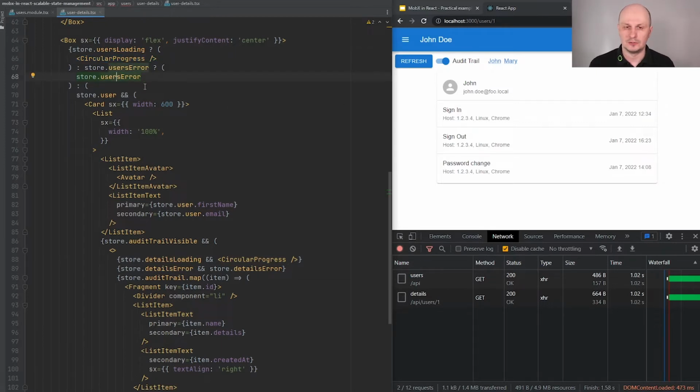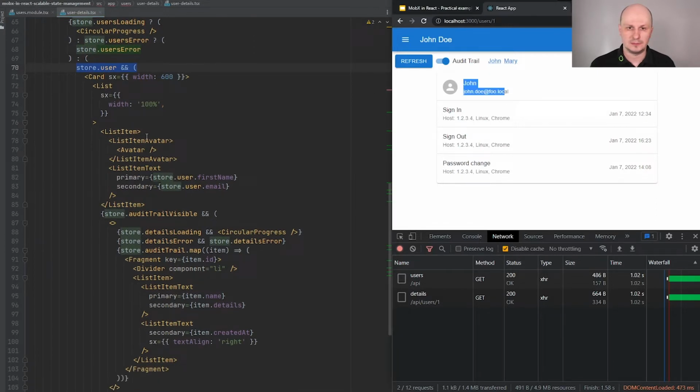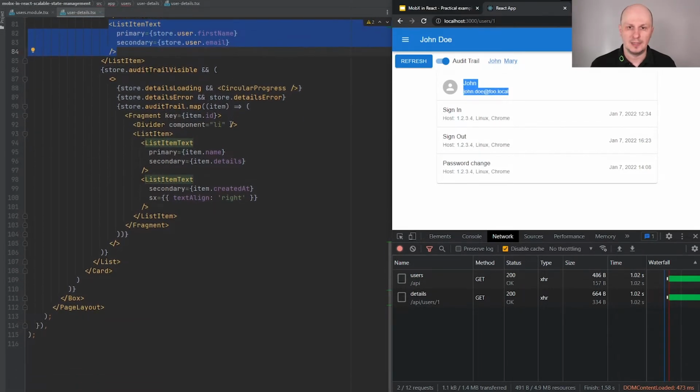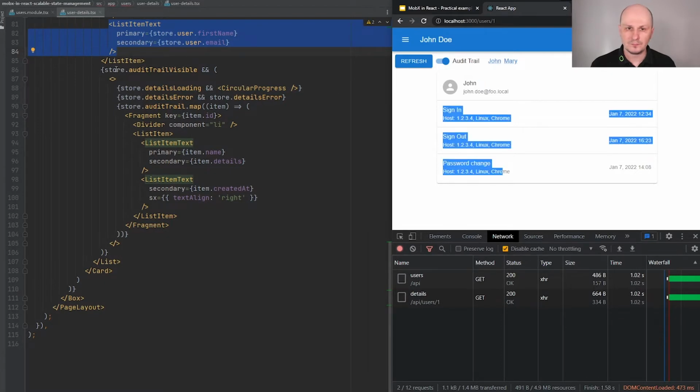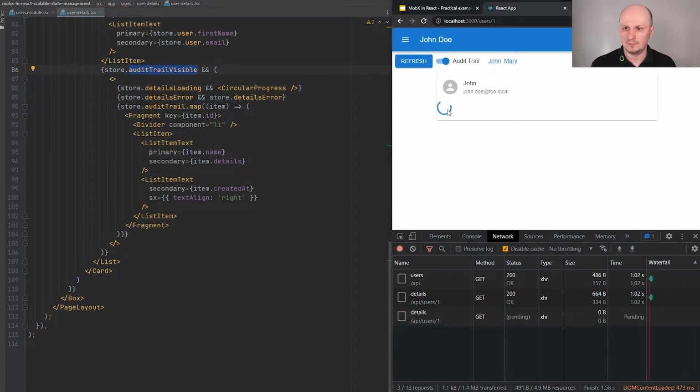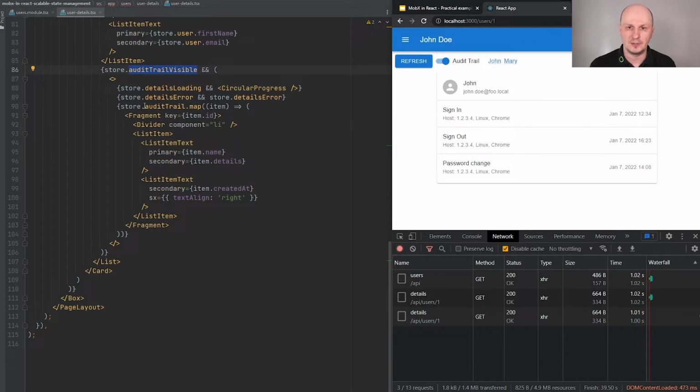Then if there is no user error, we display the card, and on the top of this card we see this list item text with user's name and email, and below, while audit trail visible flag, which is synchronized with this switch, is true, then we see either the circular progress spinner or errors when the backend responded with the error.